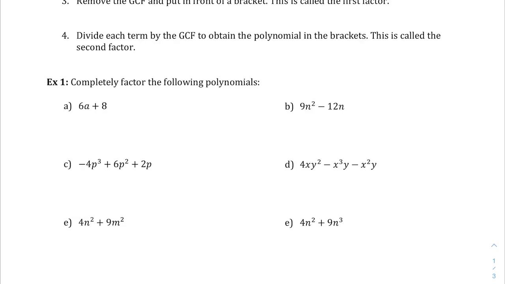Okay, so the first example that we're going to work on is to completely factor the following polynomials. So let's do example 1a: 6a plus 8. So first we're going to be looking at the coefficients, and we write down 6 and 8,